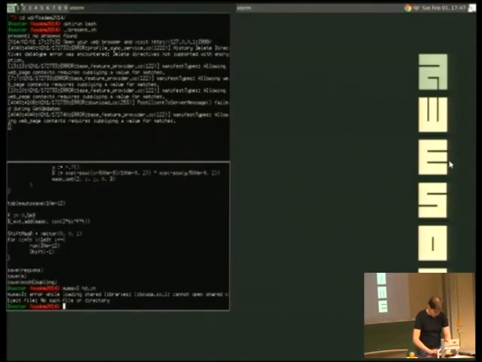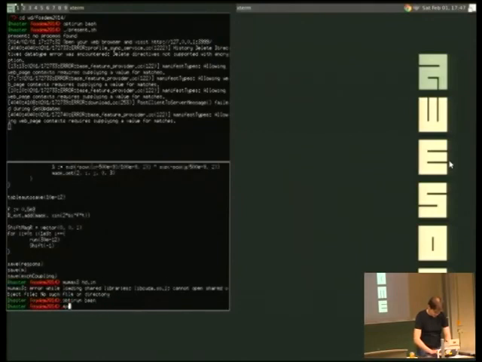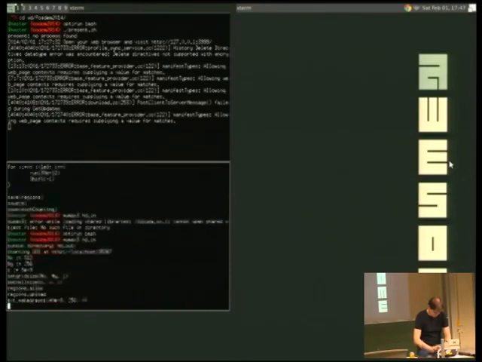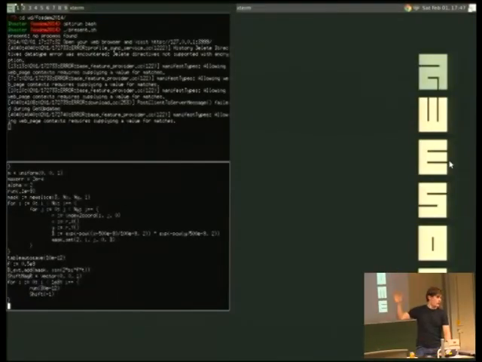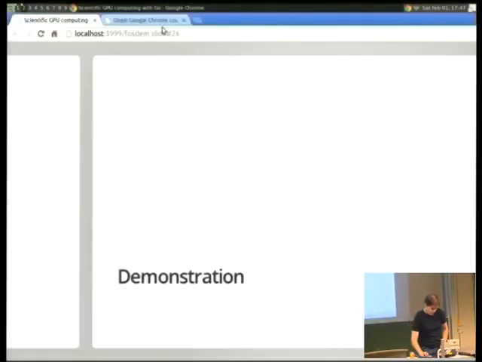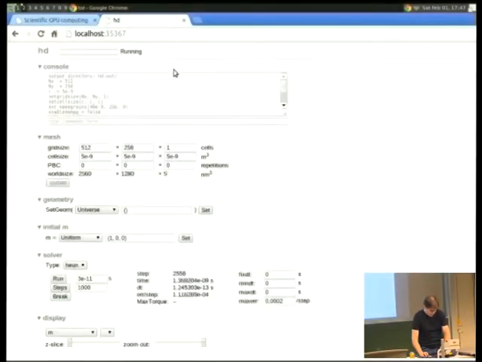So that works. Okay, there we go. And so now this could be running remotely on some cluster, but if I want to, I can open my browser, connect to the nodes where it's running, and I get this interface